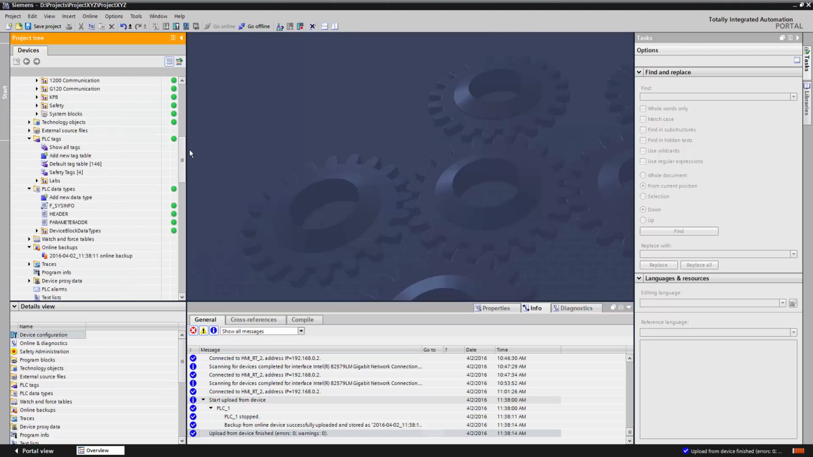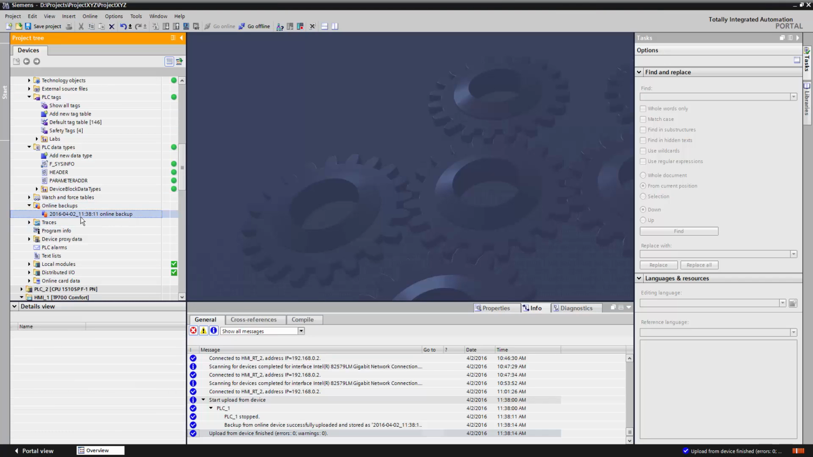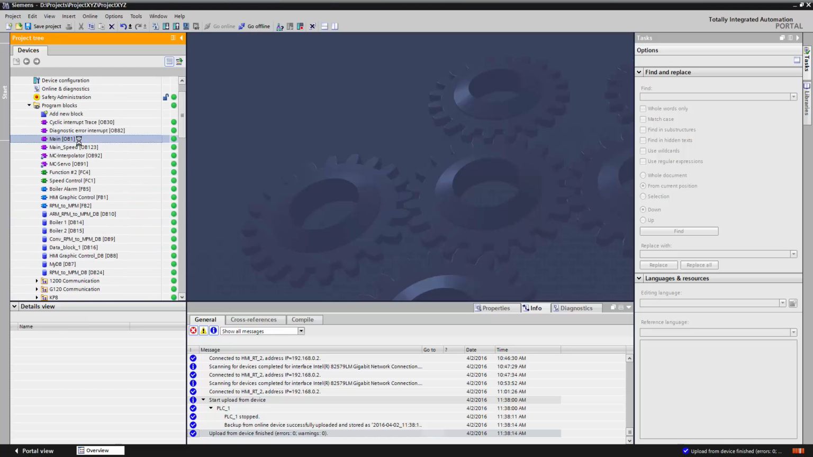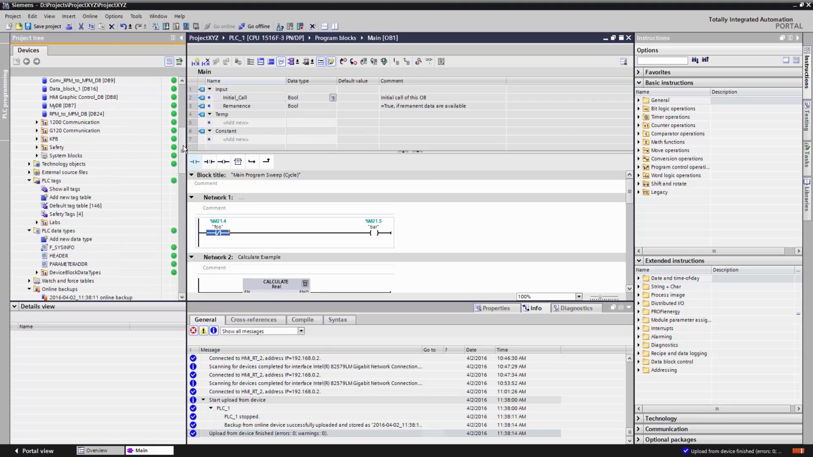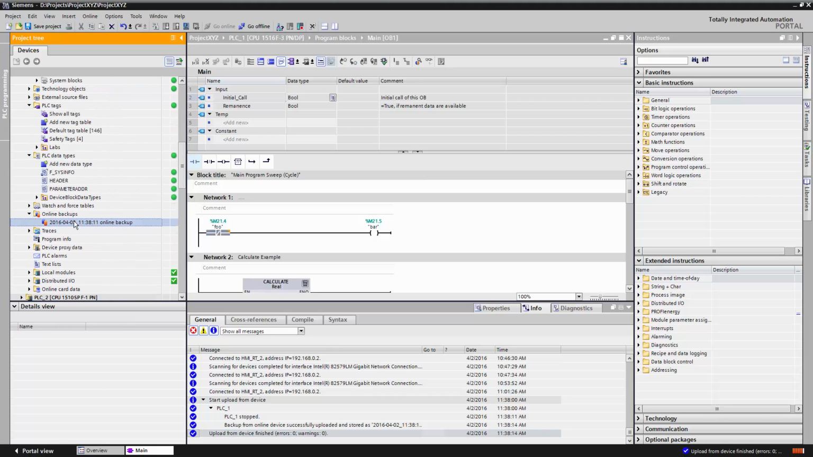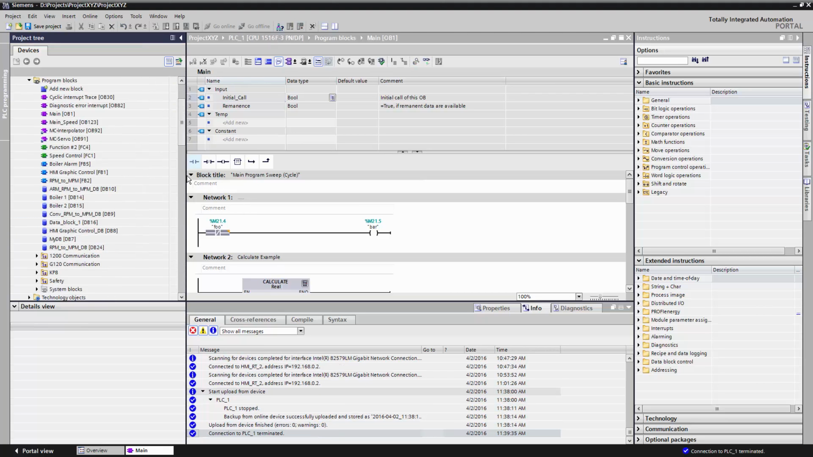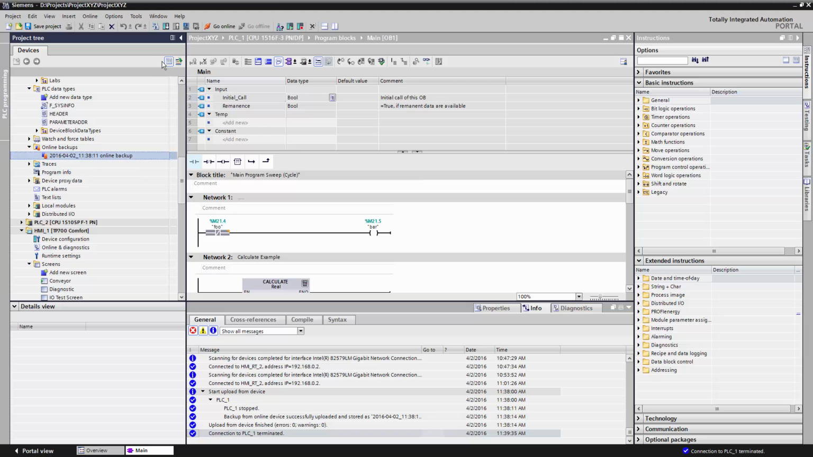Okay, so now if we go to our online backups folder, we now have this new backup file that was created. This backup file simply serves as a restore point, and that's very nice. So what I can do is I can go into, say, my PLC code and make a change. And let's say one day the PLC is not working how it used to, there's some bugs in it. What I can do is I can go down to my online backups folder. I need to go offline with the PLC,